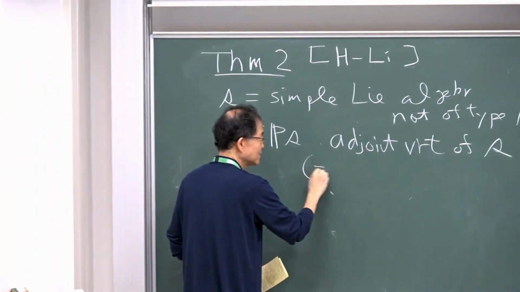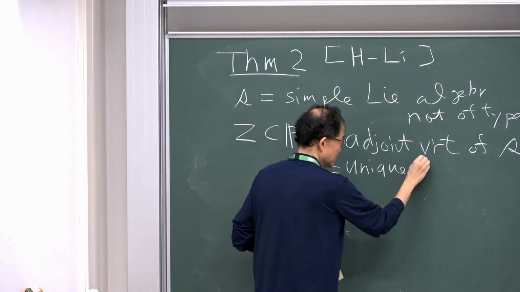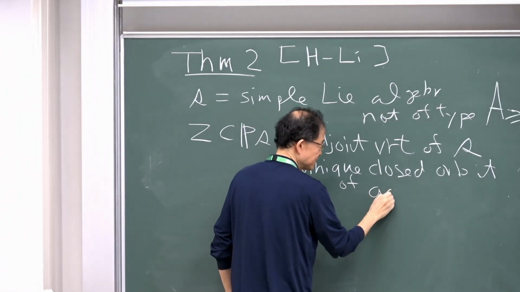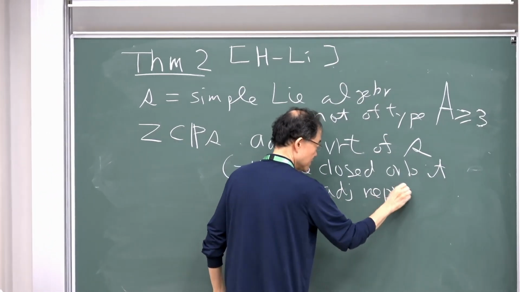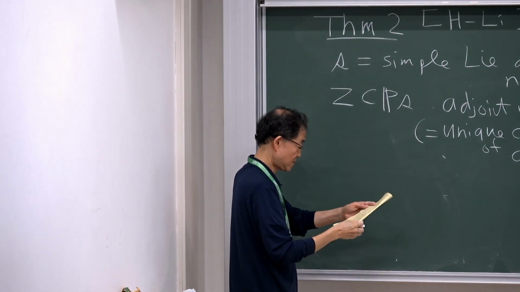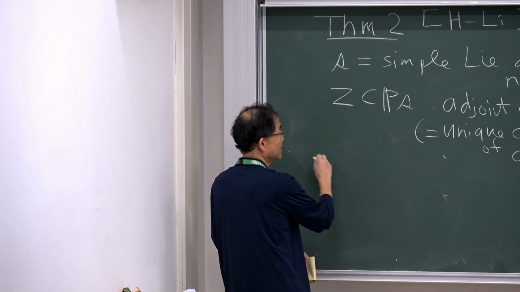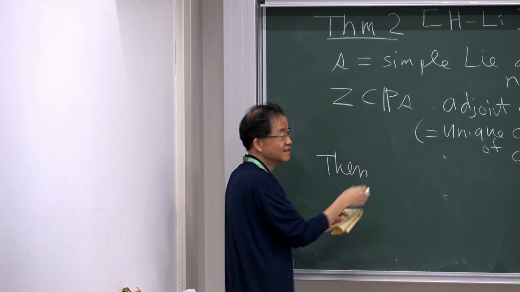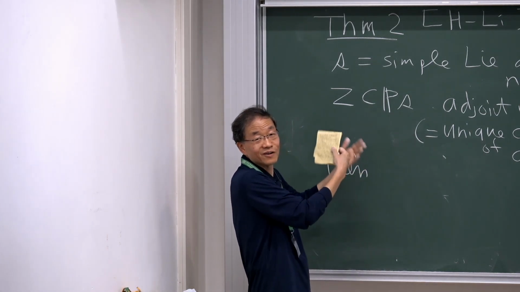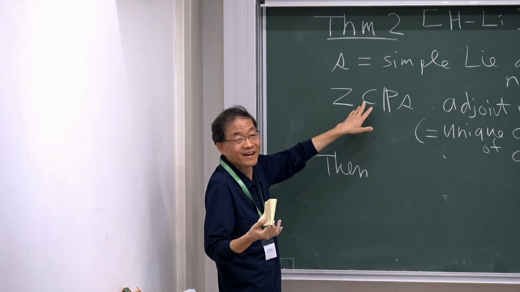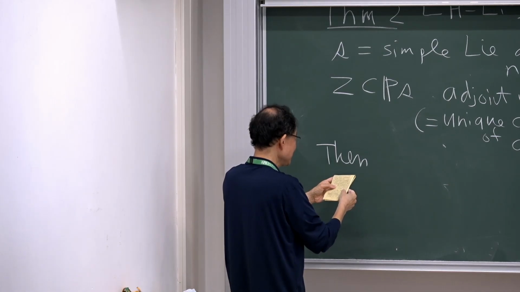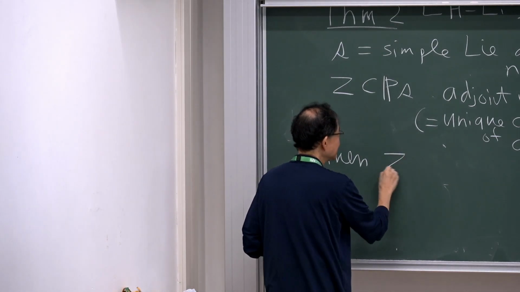And this just means that it's the unique closed orbit of the adjoint representation on the Lie algebra. By the way, this is the Wolf space of the quaternionic Kähler, the twistor space of the symmetric quaternionic Kähler manifold. Then Z satisfies 1, 2,